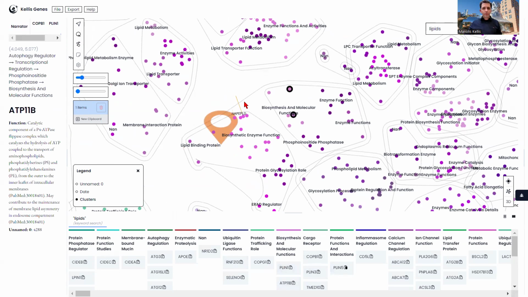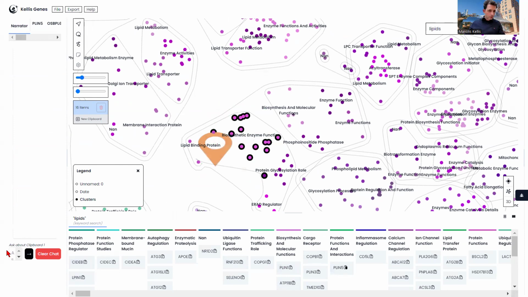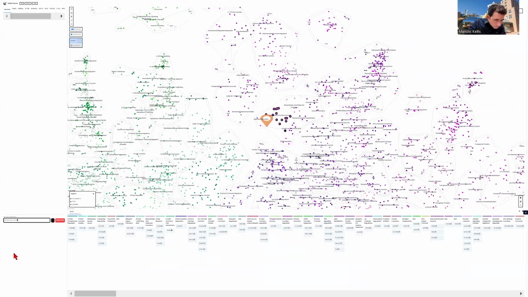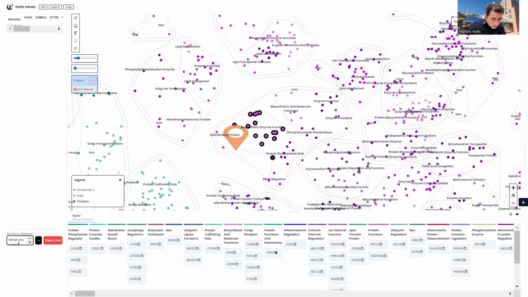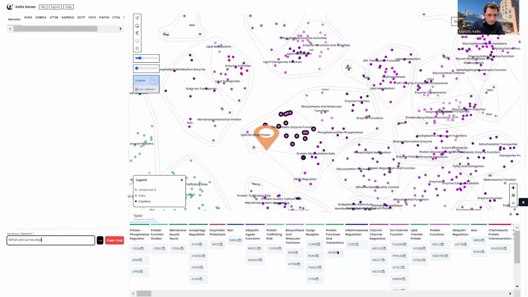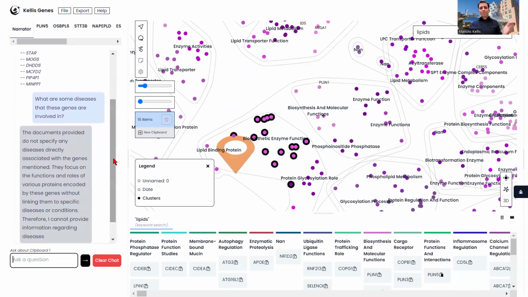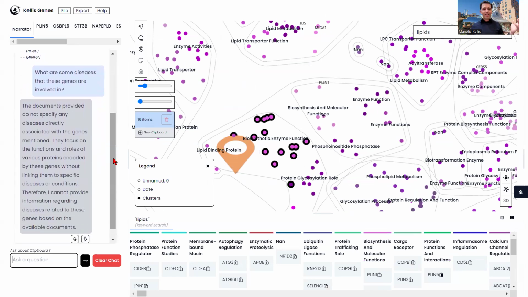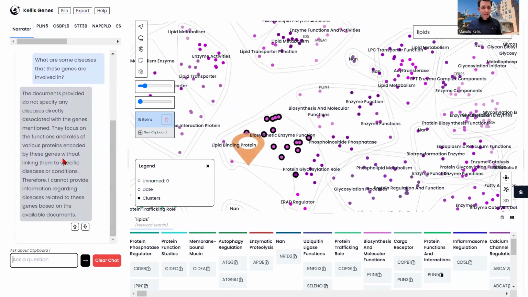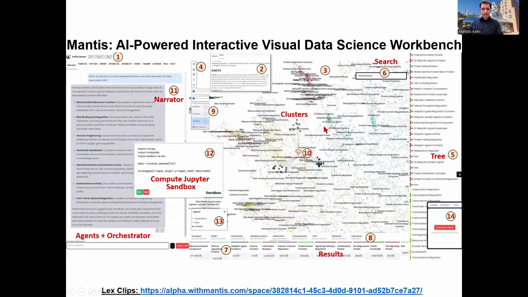You could also do all kinds of fun things. You could select those points together and say, let me make this a little bigger, what are some diseases that these genes are involved in, right? And then it can tell you answers about that. Anyway, why am I showing you this? Because this is so much fun. A bunch of undergrads, mostly freshmen and sophomores in my group, built this. And it allows you to now start thinking of text as clusters.